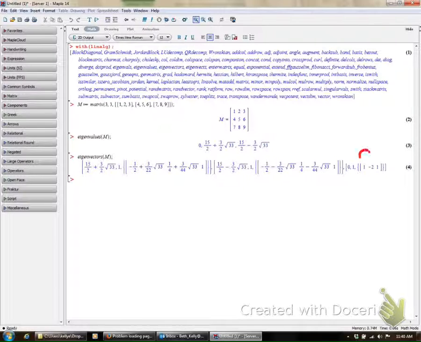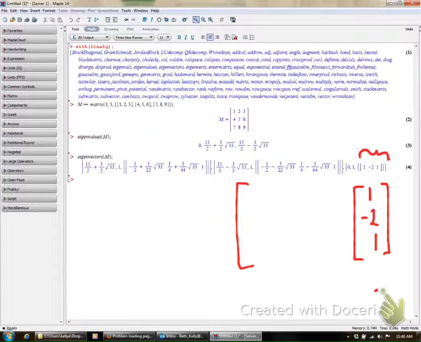And then that part that's in the brackets, that is the eigenvector. It's just written as a row vector, and there are no commas. So for the eigenvalue 0, the eigenvector is 1, -2, 1. For the eigenvalue 15 halves minus 3 halves times the square root of 33,